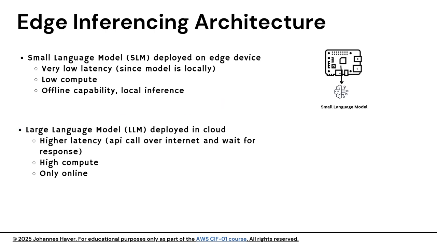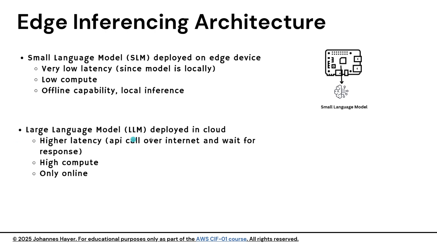So the choice between these approaches depends on the inference requirements. For example, do you need instant predictions? Can you tolerate some latency? Do you need offline capability? And so on. So it's important for you to know the differences here because this will be tested on the